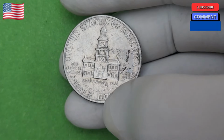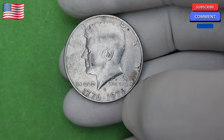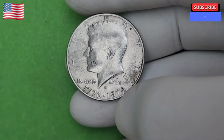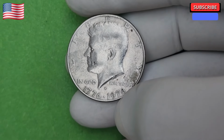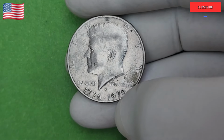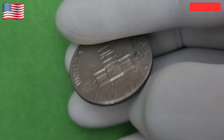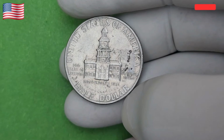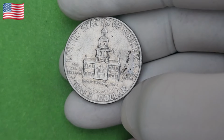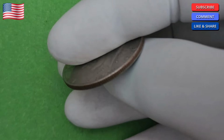While millions were produced for circulation, very few have survived in pristine, investment-grade condition, making certain examples extremely rare and highly sought after today. What makes the 1976 bicentennial half-dollar stand out from other coins isn't just its historic significance, but also its unique features. Unlike standard Kennedy halves, this special edition features an awe-inspiring reverse design, Independence Hall in Philadelphia, with the words, 200 Years of Freedom, boldly inscribed. The artistry of this coin captures the essence of American pride and liberty. The dual date adds even more appeal, making it a favorite among collectors who cherish coins with both historical depth